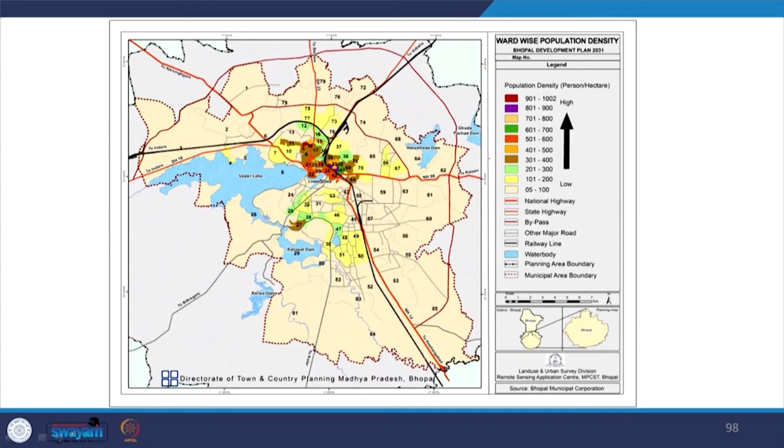In the development plan, the population density is prescribed at the city level. The population density will depend upon the development of land and actual population inhabited at the end of the plan period, that is 2031, and it would be practical to calculate the population density at the end of the duration of the plan period as per the development plan document. Here we can see how the document provides the ward wise population density map and all the descriptions of the population, how it has grown and what is the trend.